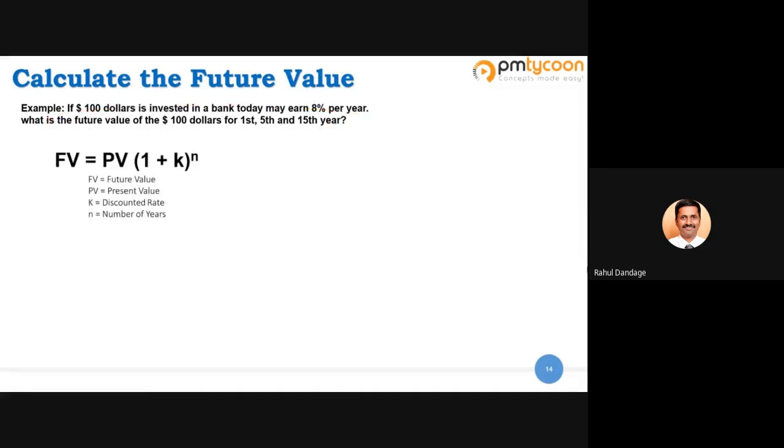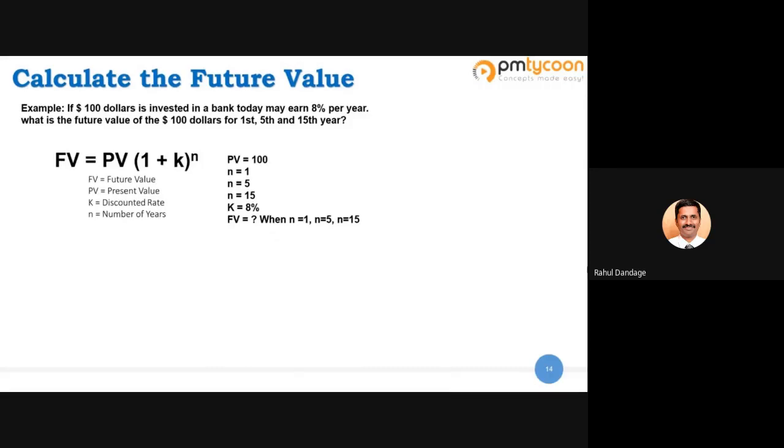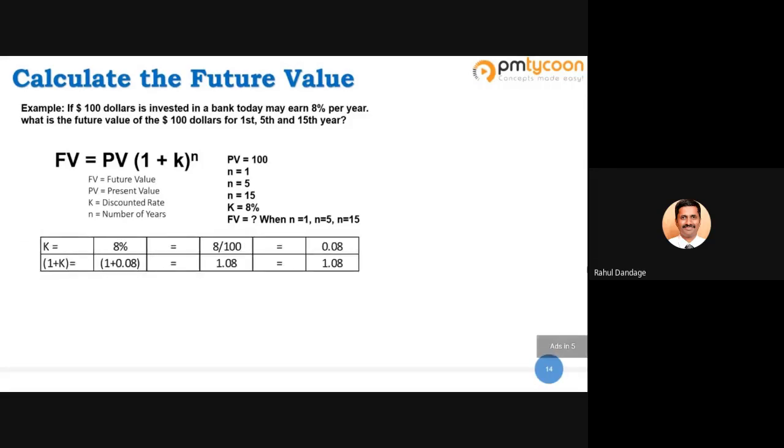So the value of PV is $100, and the value of N is 1 for first year, and the value of N is 5 for fifth year, and 15 for 15th year. And the opportunity cost is 8%. That means K is 8%, which means 8 divided by 100, and that gives us the value of K as